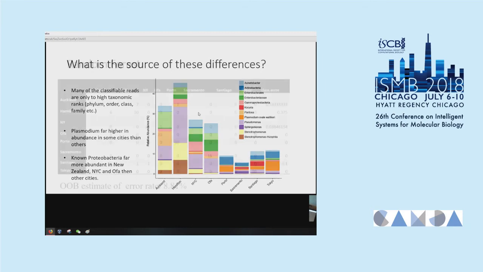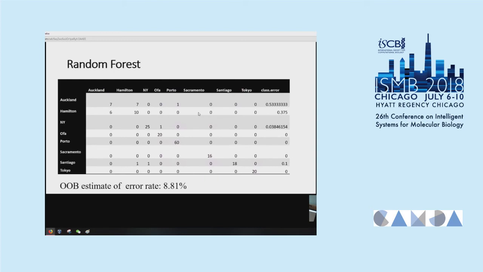On to next. So, building a random forest classifier from these features. Basically, what I expected it to return, based on the plot in t-SNE, was that it was able to distinguish between these cities quite reliably. So this was built using 2/3 of the data and then tested on the final third.